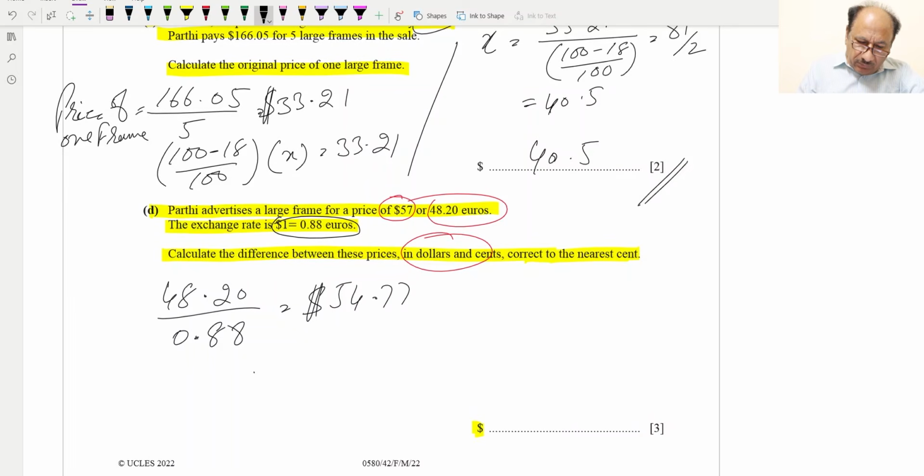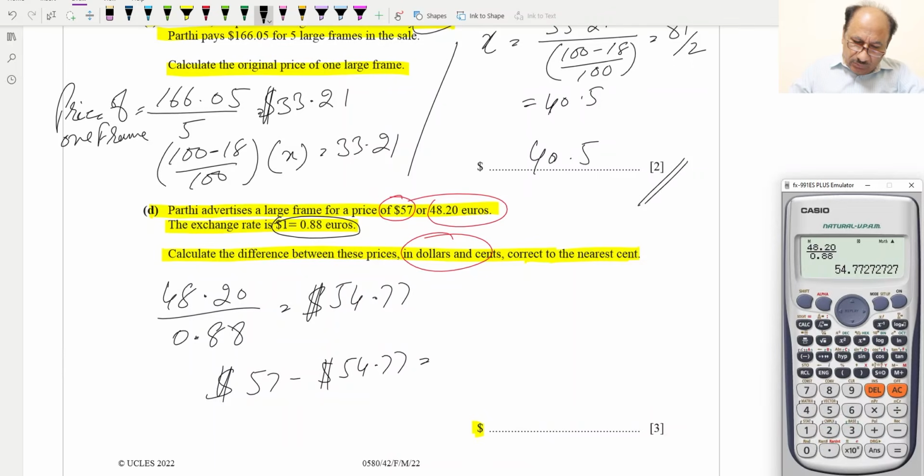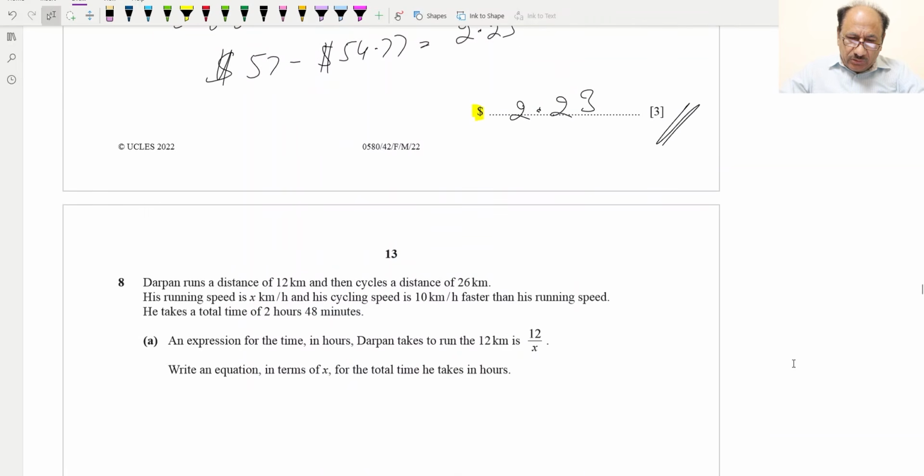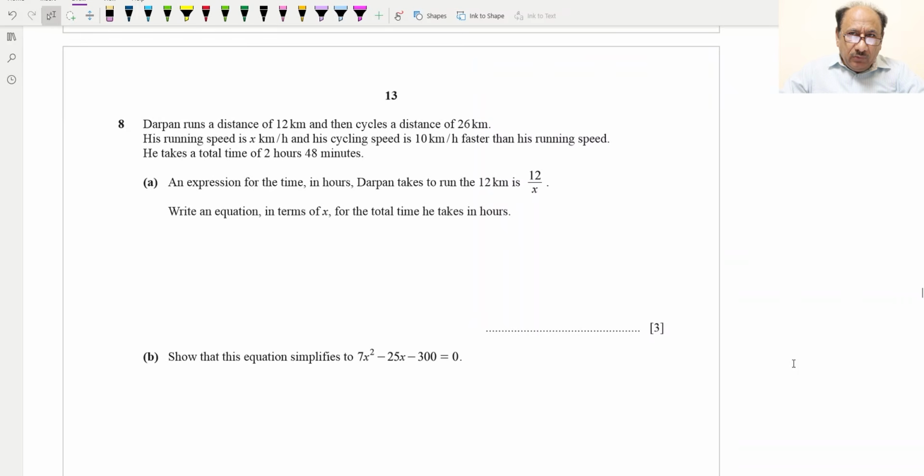54.77. Now we can compare. We'll check the difference. $57 minus $54.77 is equal to $2.23, and this is for 3 marks. Hopefully you understood this. Now we can move to question number 8, and question number 8 says Darpan runs